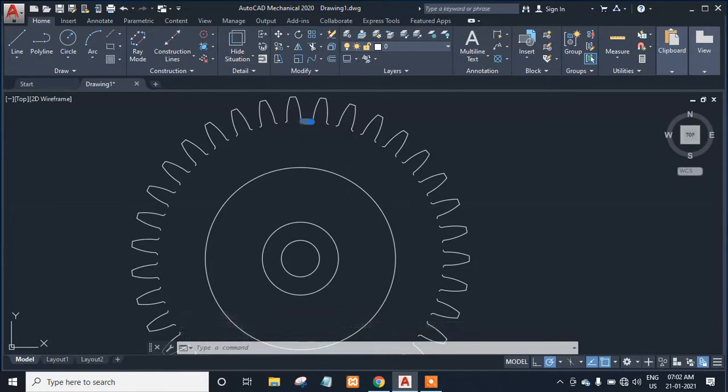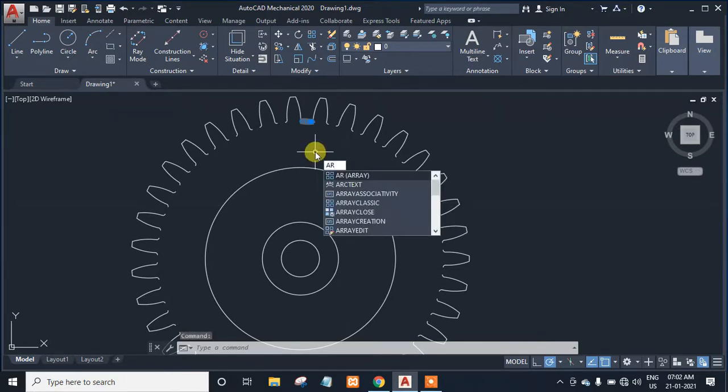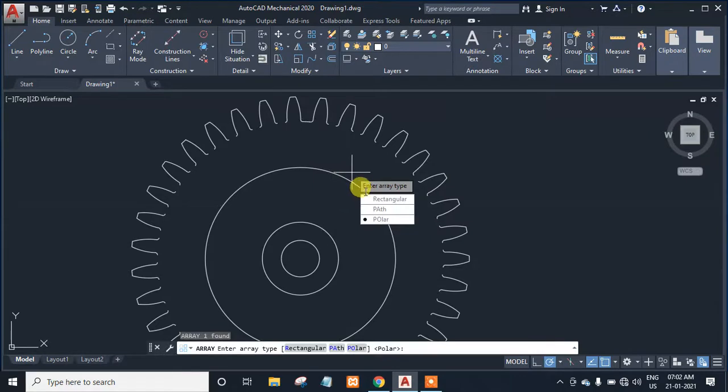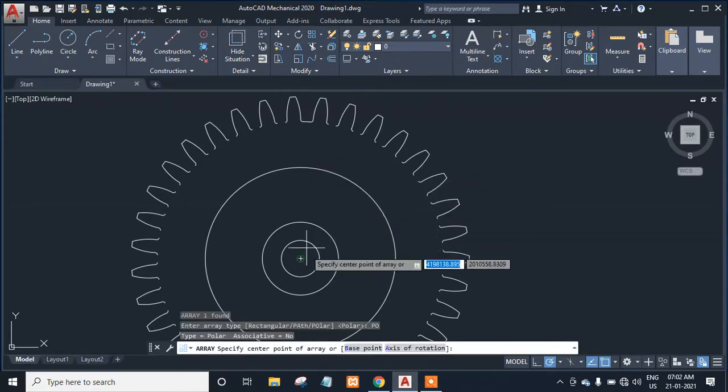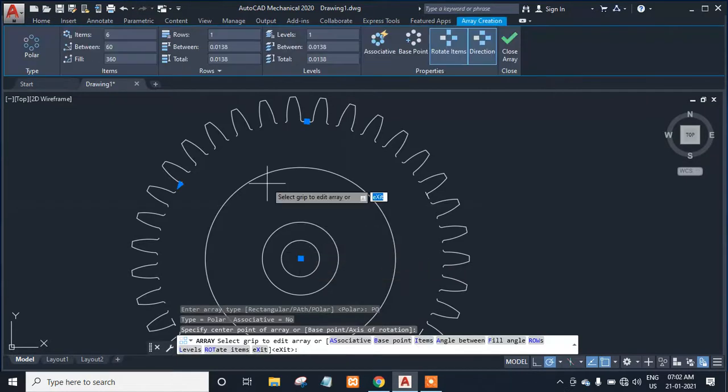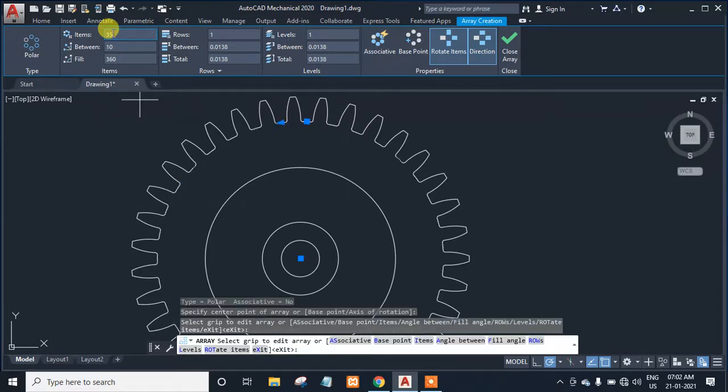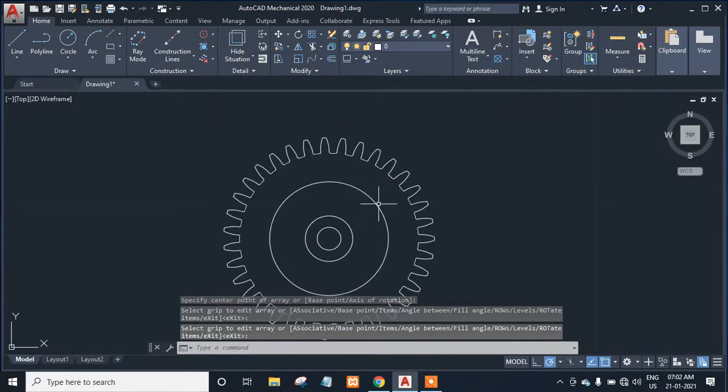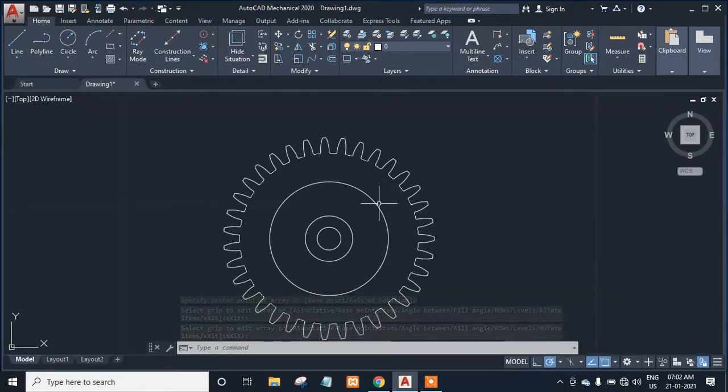Just click on this line and use the command array, AR, enter, and again select the polar array and click on the center, okay, and put the value 35 because we are having 35 teeth, okay, put the value of 35 and hit enter. Now see all the gaps between the teeth are filled automatically, okay, just close the array. Now we got the 2D design of the gear, okay, and for the 3D what we will do, we'll go to the